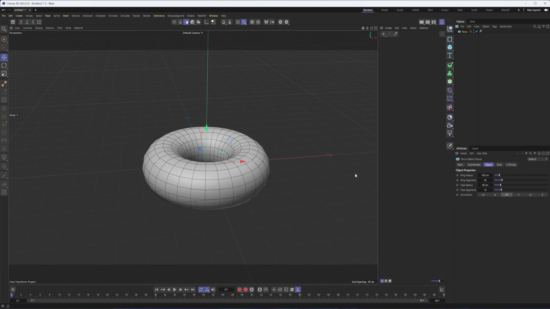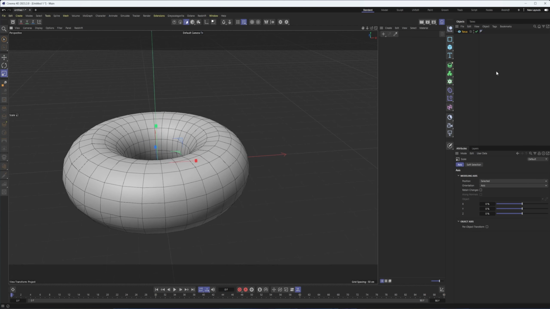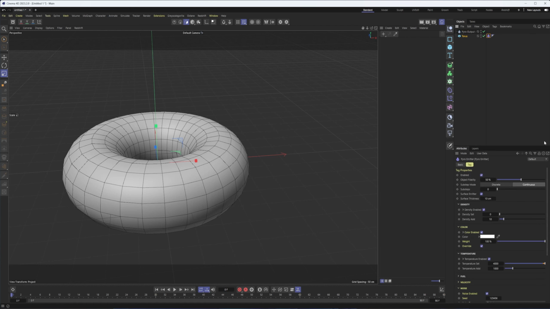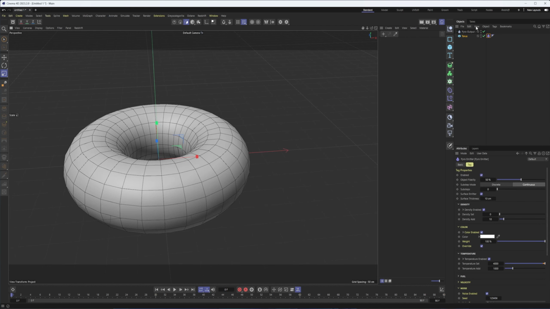So let's just create a capsule, or not a capsule, a torus. Stuck on those capsules, go to simulation, add Pyro, and actually hide the torus here because they said several things were going to have changed in regards to that. And the first thing that seems to have changed is that it now crashes